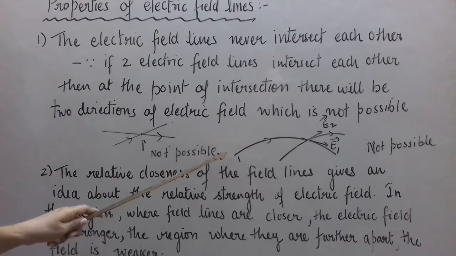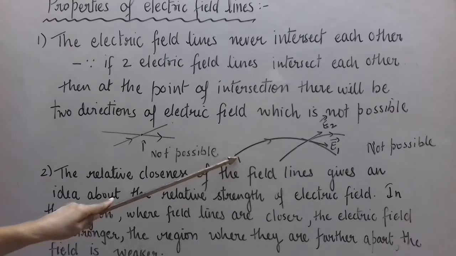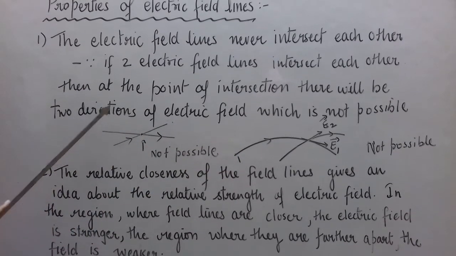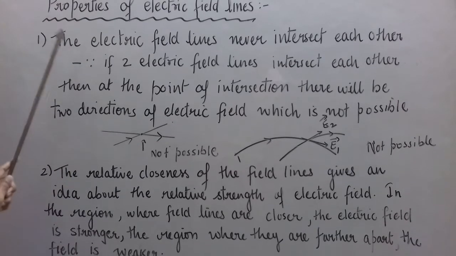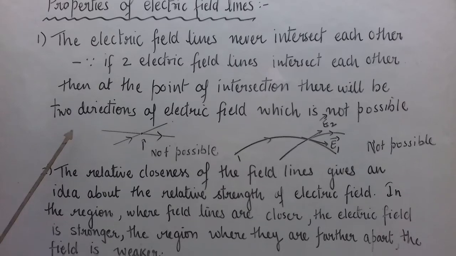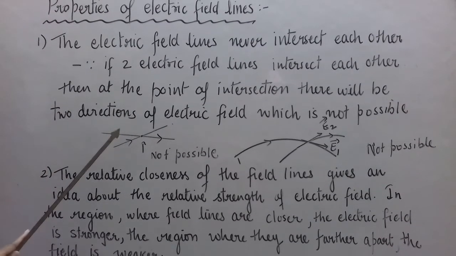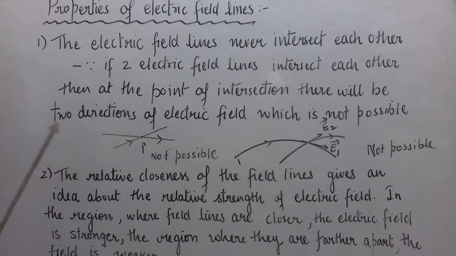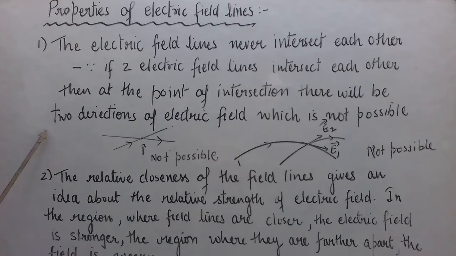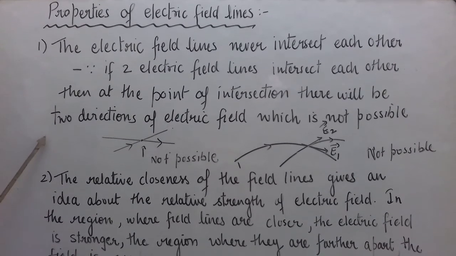Even when we consider two curved field lines, we are talking about electric field lines, but the same property is there in magnetic field lines, which you started in 10th class. You remember there we say that two magnetic field lines do not intersect each other because at the point of intersection there will be two directions in which the magnetic compass needle's north pole would point.